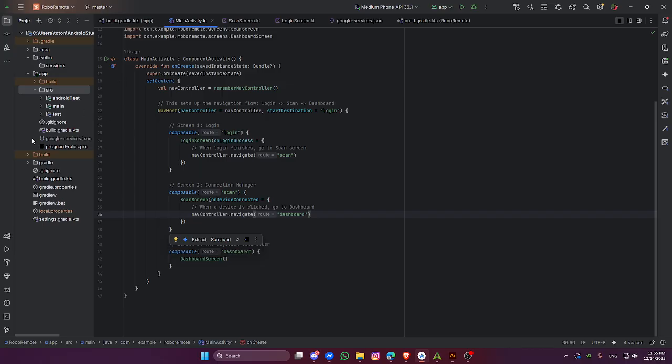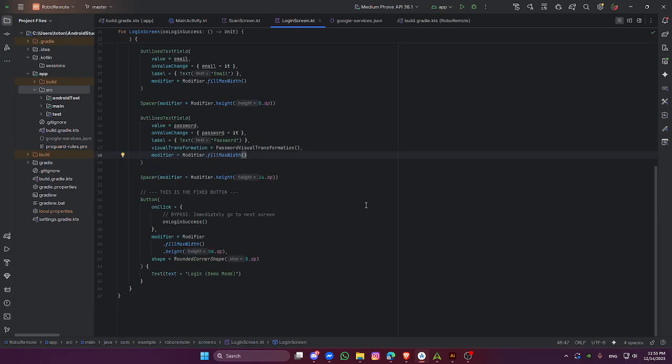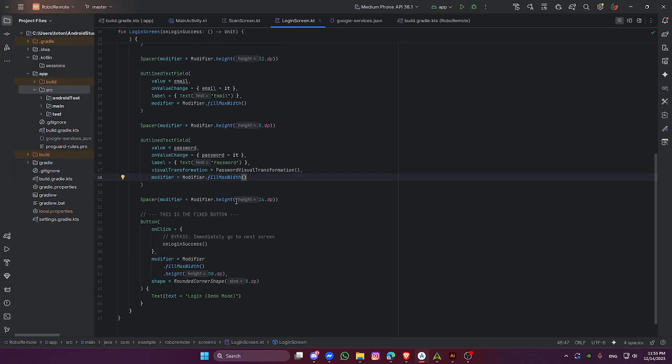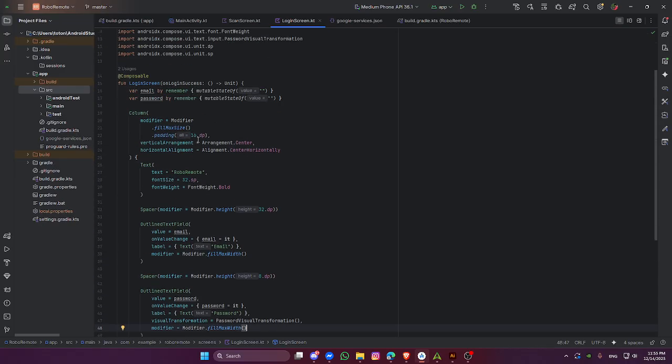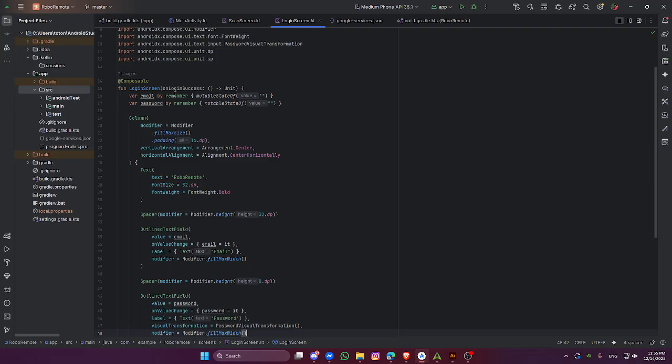If we look at the login screen, you can see how we handle state. We use remember and mutableStateOf to handle the email, to remember the login email and password. Finally, in the dashboard section,